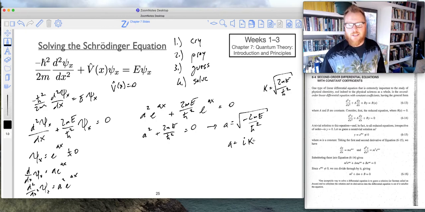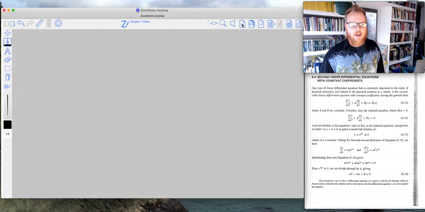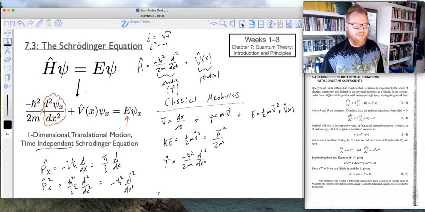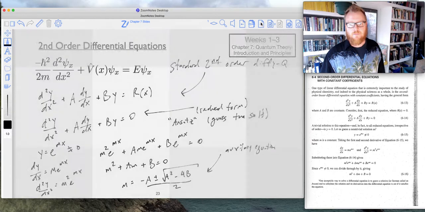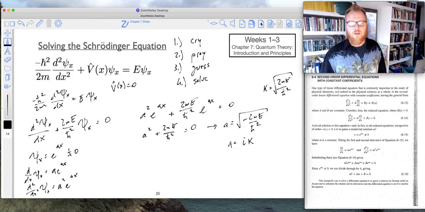And you might notice, just really briefly, if I go back for 1 second here, where did we come up with that? Let's see here. Yes, look at that. k equals 2mE divided by h bar squared, square root. That's where that came from. Okay? So now, because a equals ik,